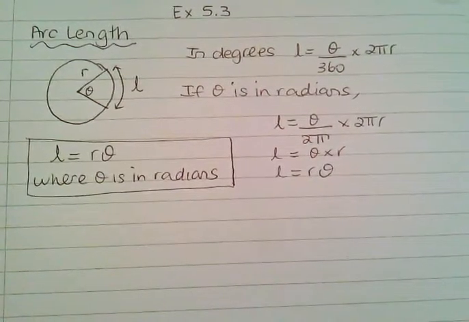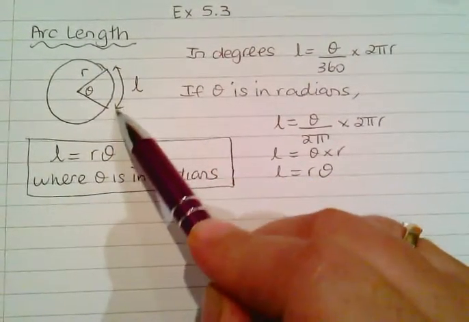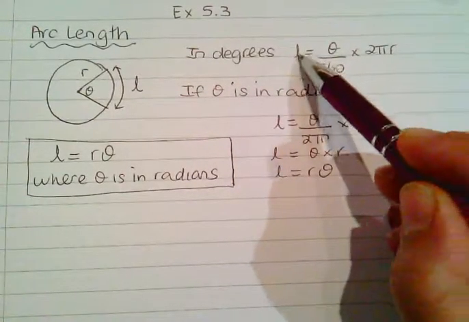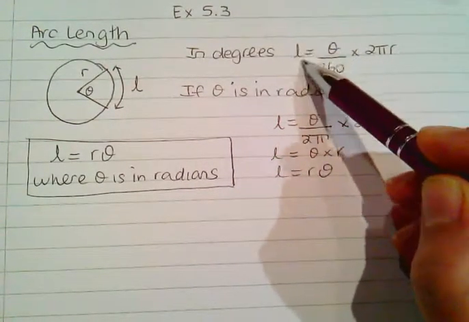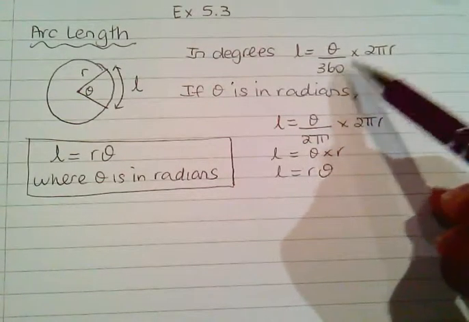Okay, in the next few videos, we're looking at finding arc length and area of a circle, but now instead of with degrees, in terms of radians. Now, we know that this L, for example, would be the arc length of a circle with radius r and angle subtended at the center, theta degrees. Now, in degrees, we write arc length, L, equals theta, how many degrees out of 360, times